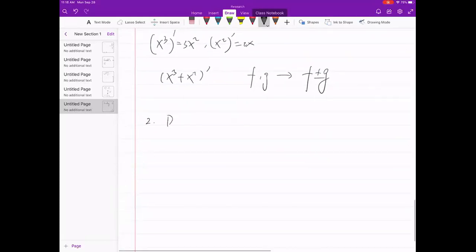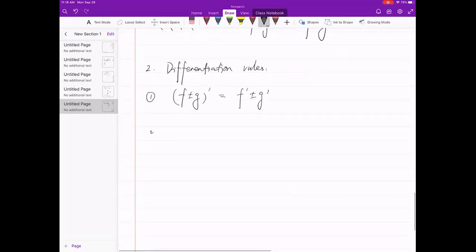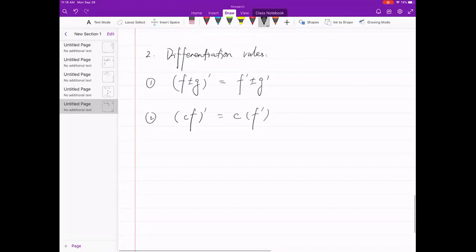That's the differentiation rule. And at least we have two of them. Rule 1: f plus minus g prime equals f prime plus minus g prime. Rule 2: if you have a constant times a function, just leave the constant and do the inside. Now if I write down any polynomial,